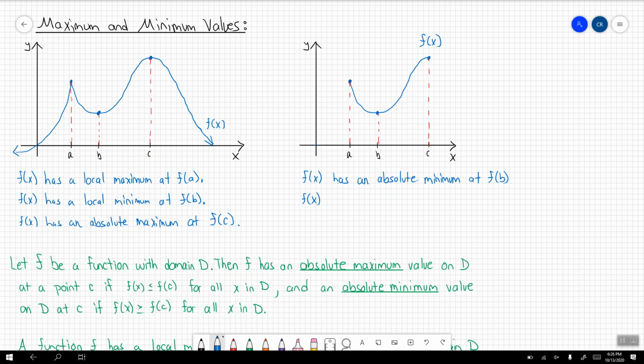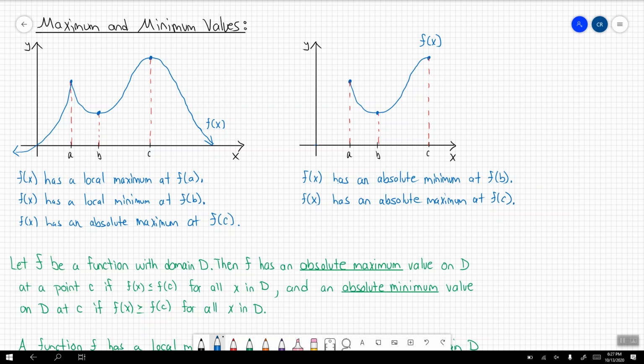Well, between f of a and f of c, f of c is higher. So f of x has an absolute maximum at f of c. And there we are. So we then get to see that we have